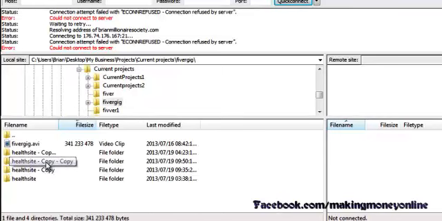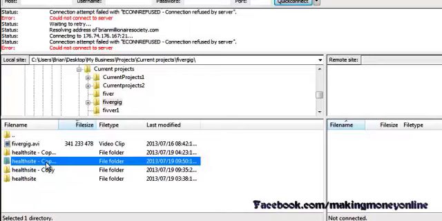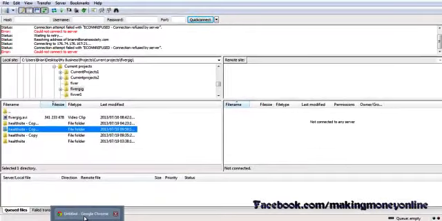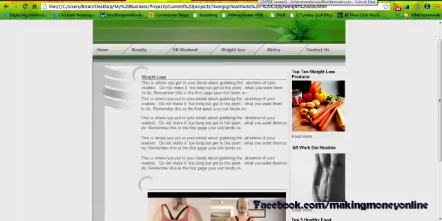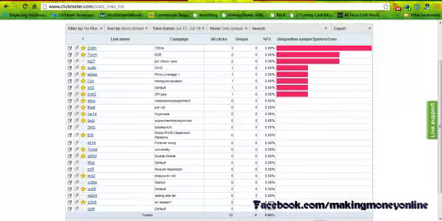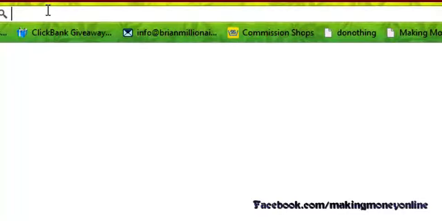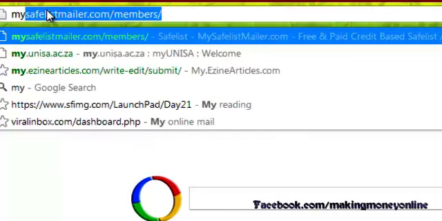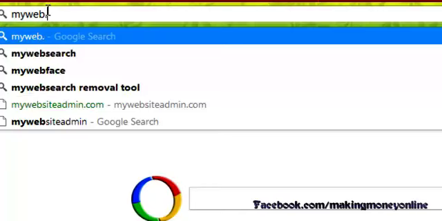So here's my file, health copy. If I had other files on my website, I would upload it as this, and then what I would just do is, when I come to the web here, I just type in the location. So it will be like, for example, myweb.com